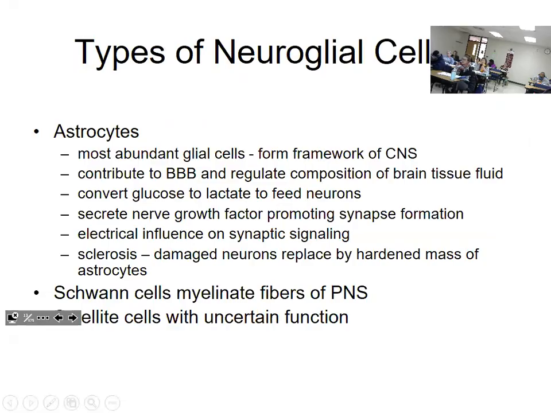The problem is we can't get that across the blood-brain barrier. So they have to give something called a precursor, which is a much smaller molecule called L-DOPA. Maybe you've heard of L-DOPA. And that can cross the blood-brain barrier. Let me tell you the catch of that. We're just finding out in the last few years that it accelerates the progression of the disease. The problem is that it's still the best chemotherapeutic, so it's still being used even though we know that. So there are other things on the horizon for Parkinson's,